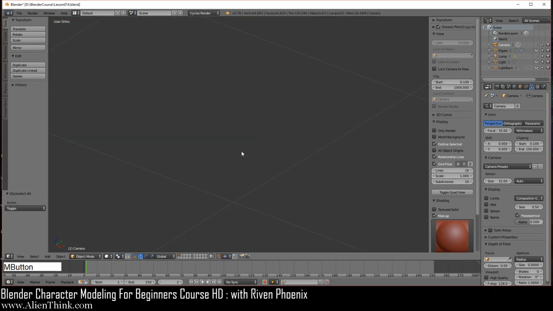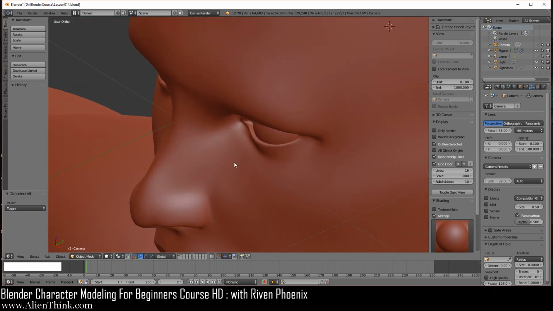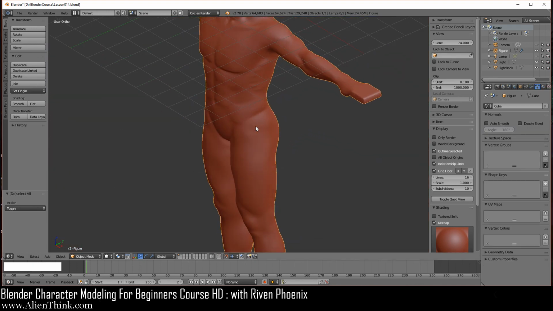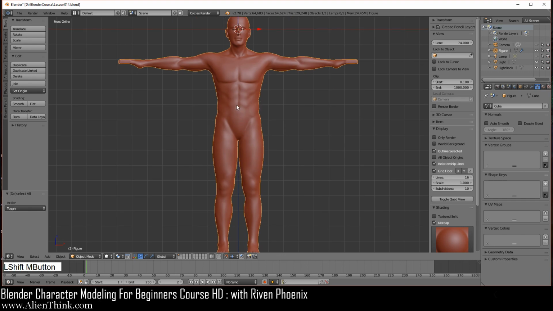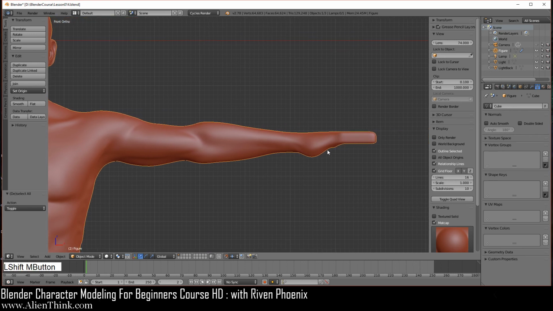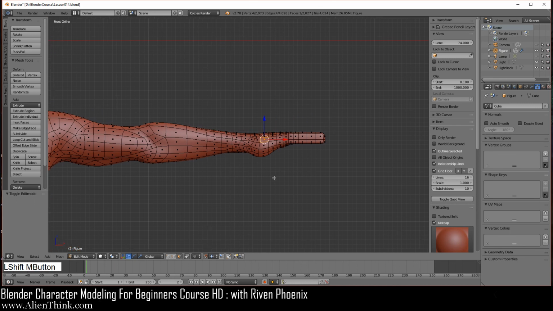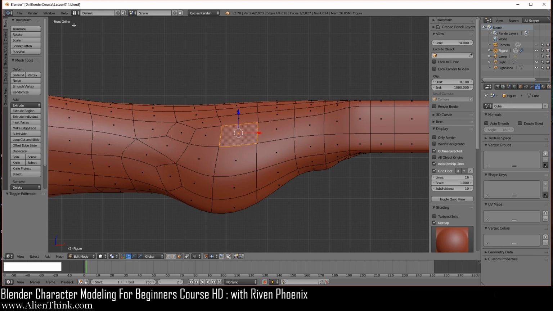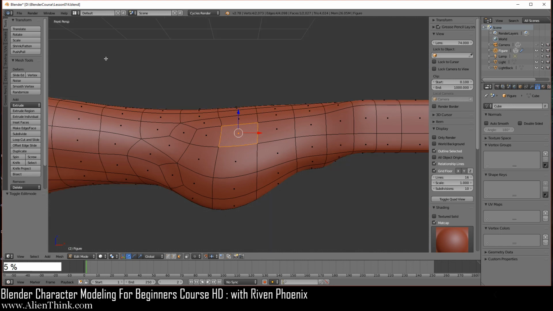So now if I do the middle mouse button, it'll just go back to where it was, right? You can just click on the figure, just press the period key to home in on it, and just zoom in over here. Press the 1 key. Okay. Now the reason I'm showing this to you is because it has to do with that face that we have selected. Go ahead and click on tab to go into edit mode, and just press the period key again. Okay, so we're back in ortho view. Now press the 5 key. Now notice that we're back in perspective and we're using this lens at 74.